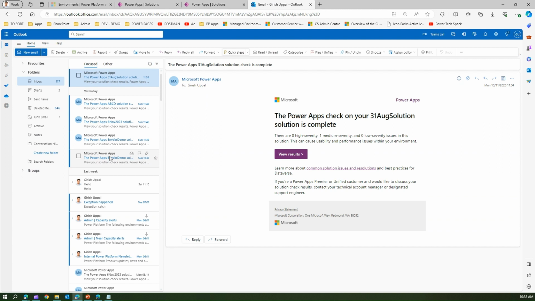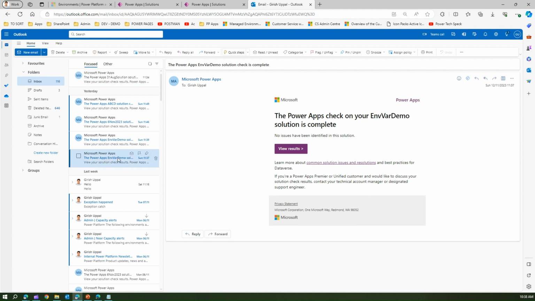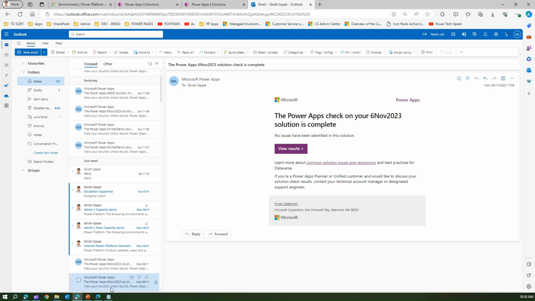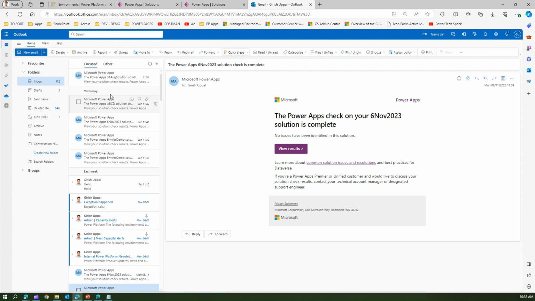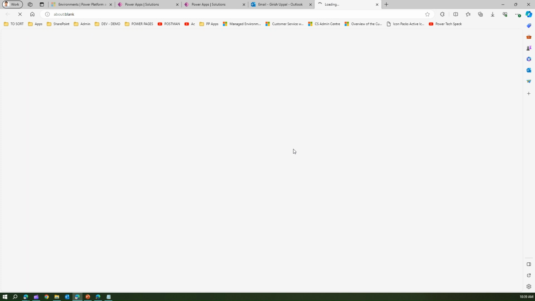If you see this email, which was sent to me, it says the Power Apps check on your environment where demo solution is complete. No issues have been identified, and you can view the result over here. I received that email as well, and the same for another solution which I imported. If there is an issue, it will give you summarized information about what things have failed. If I click on the email and click on view result, it will take you to